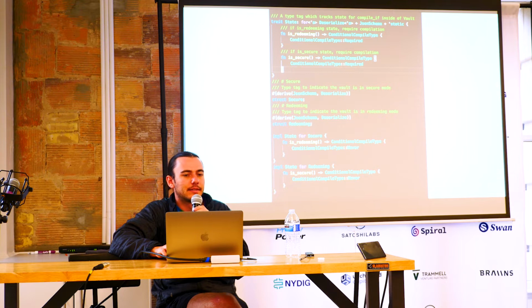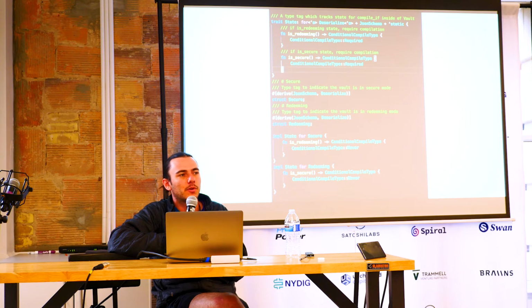So this is now where the state comes in. A vault can be in two different states. It can either be secure or it can be redeeming. We saw this earlier. In the redeeming state, after it's been redeeming for a certain amount of time, it will transition into being spendable by the hot